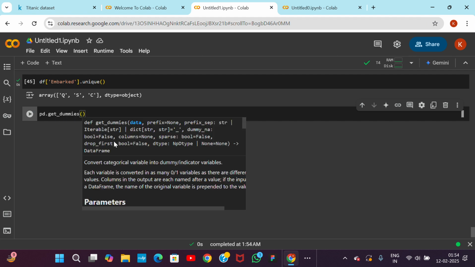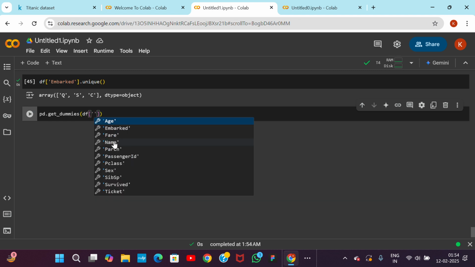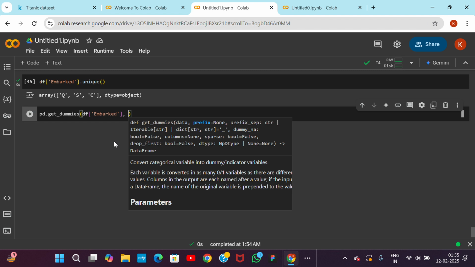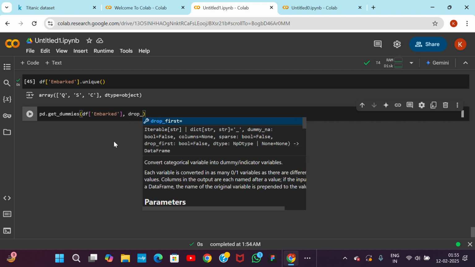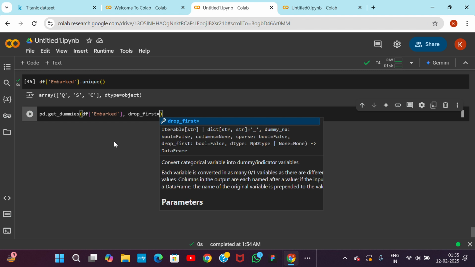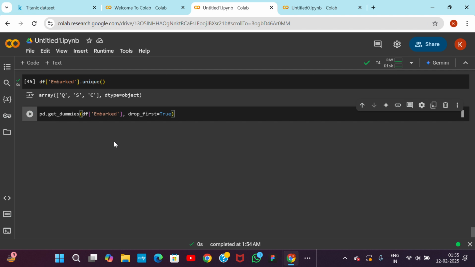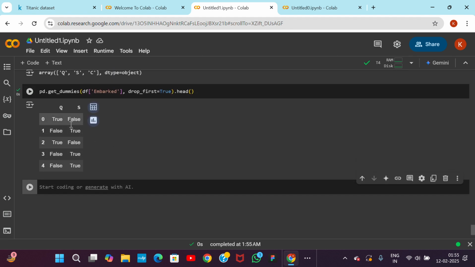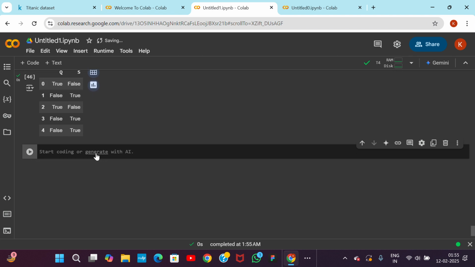pd.get_dummies, df, embarked, drop_first equals True. Now this will create two columns while at the same time dropping this one, and just using Q and S as two columns. Now next we'll do pd.get_dummies